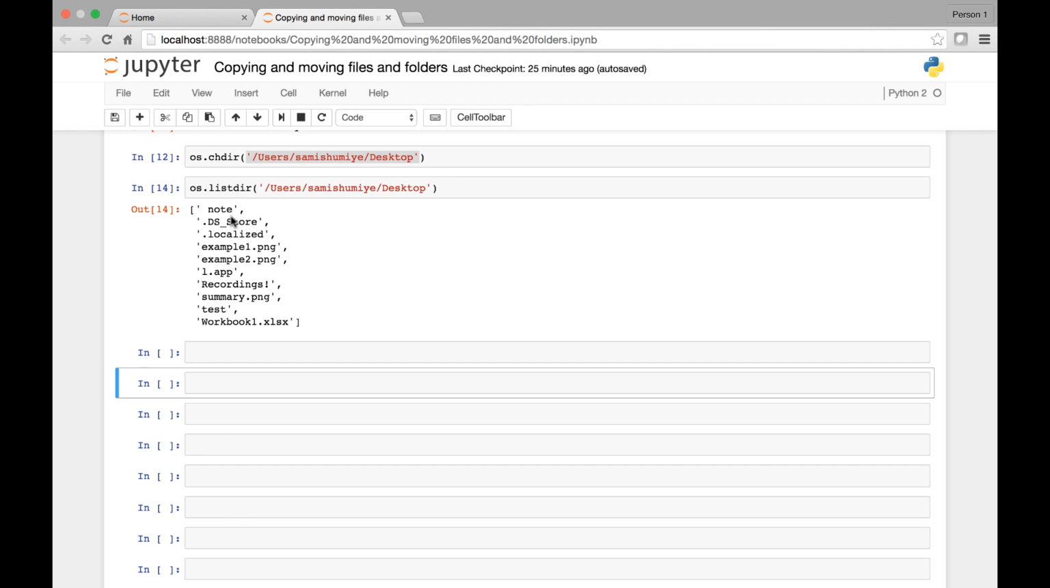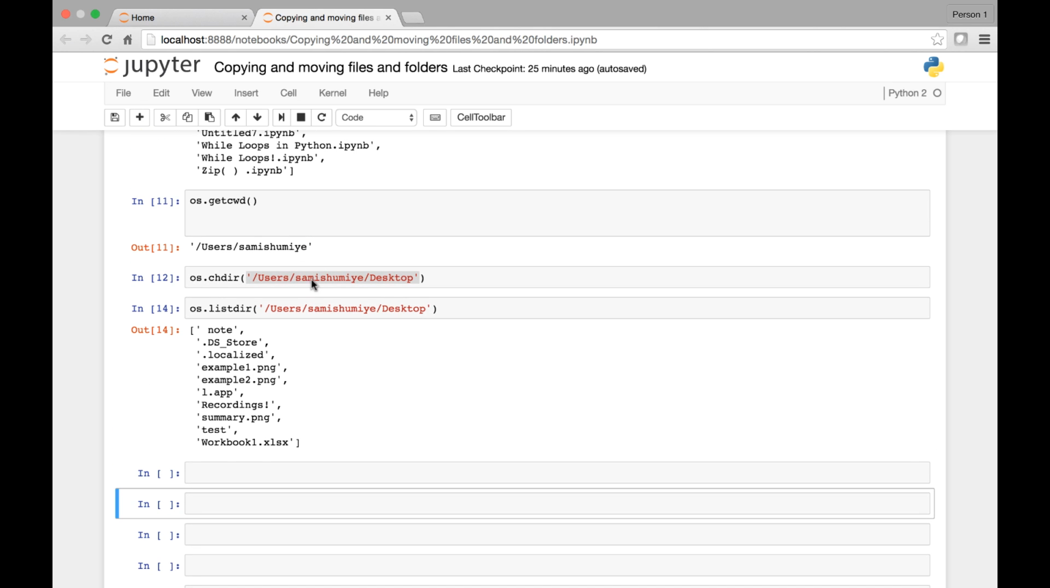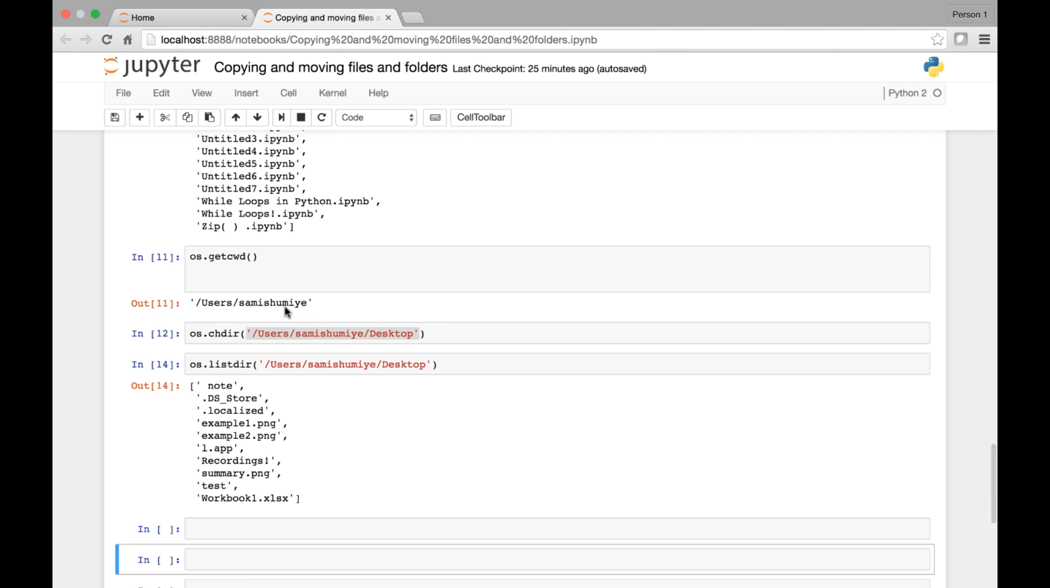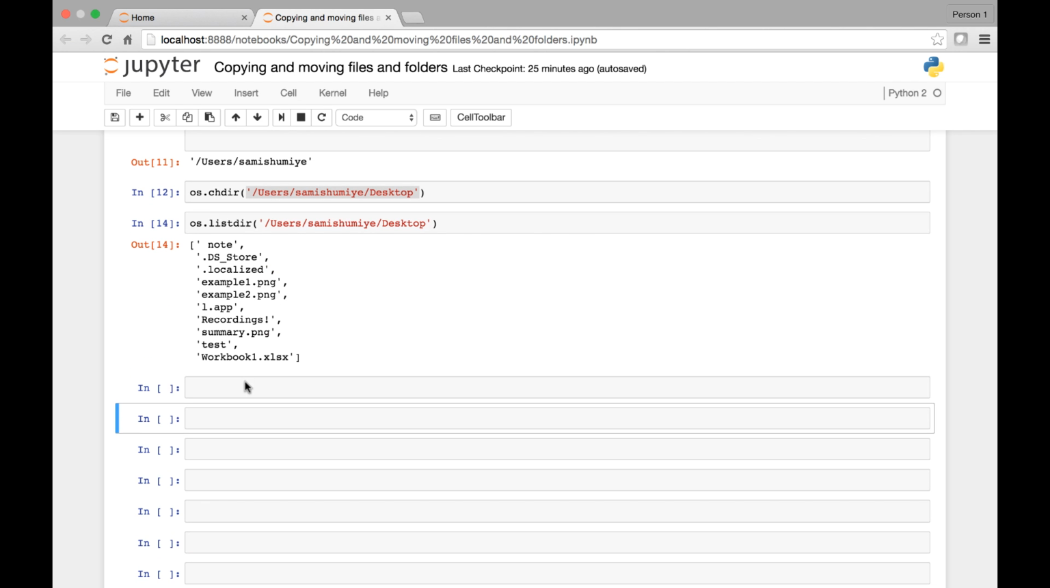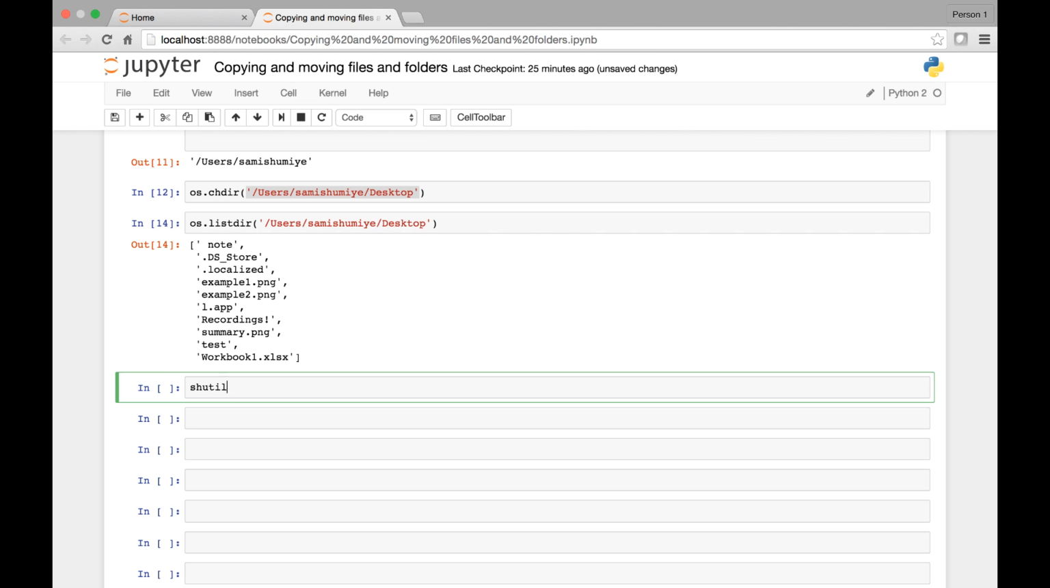Okay, so let's move this note folder from the user Sami Shumiye desktop to users Sami Shumiye. Okay, shutil, that copytree, to copy folders,